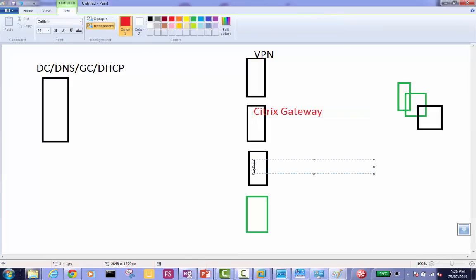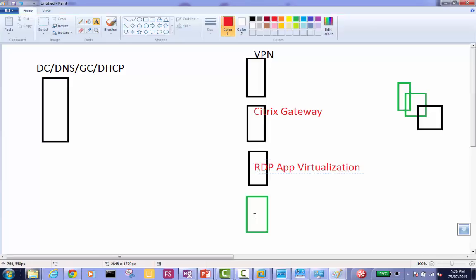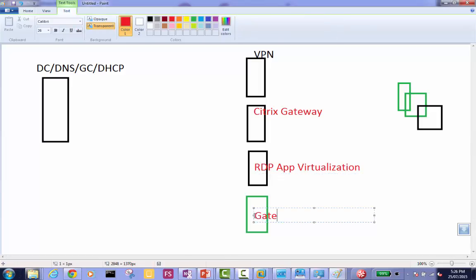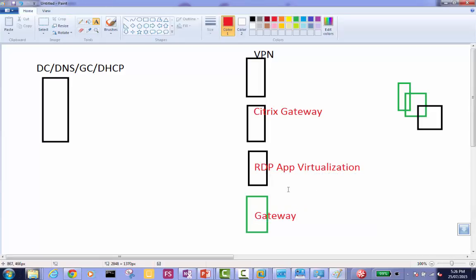There is another, RDP, remote desktop protocol, that is taking outside traffic. And this is app virtualization actually. If you have used that, it's very interesting, like Citrix virtualization. And it could be any other gateway that is receiving and letting outside users come inside.